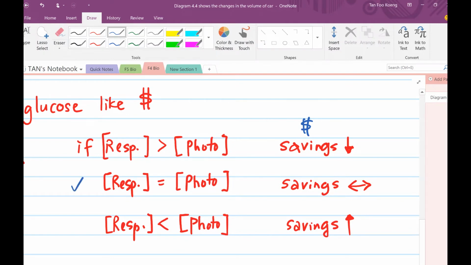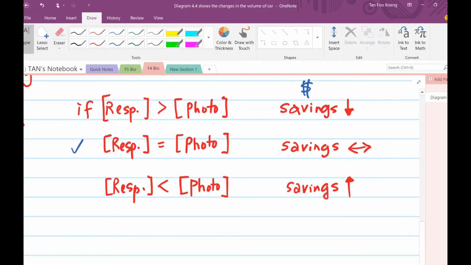When the light intensity is sufficient so that the rate of photosynthesis is the same as the rate of respiration, then there is no net production of glucose. So what happens to your savings? It remains the same. If you increase further the light intensity, this time the rate of photosynthesis will be greater than the rate of respiration. It is when the plants will have a net production of glucose. Then in your bank account, your savings go up. Alright,